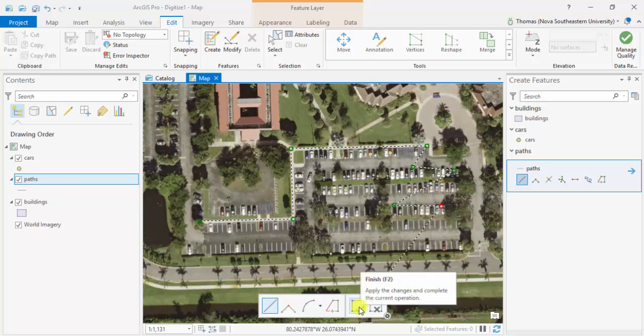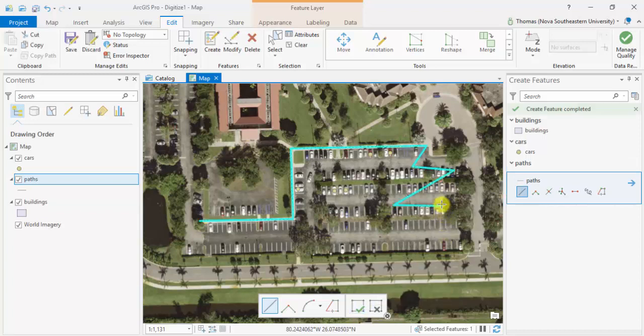Okay? Then you can hit F2 or finish or double click at the location where you want to be done with it. And let's save those edits. And clear the selection because see this is highlighted. I double click, but I still